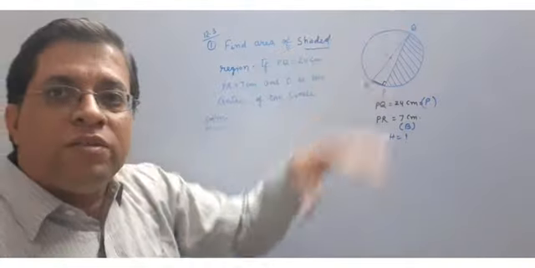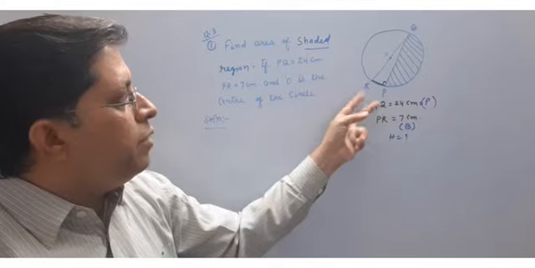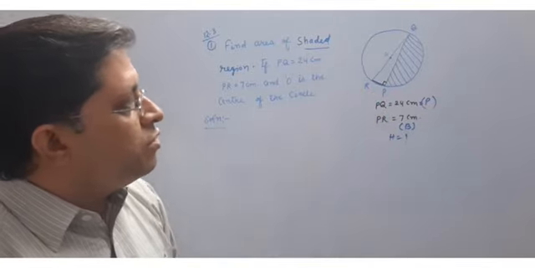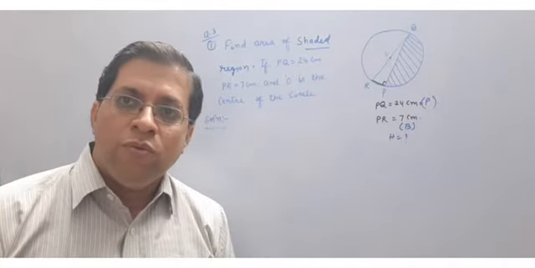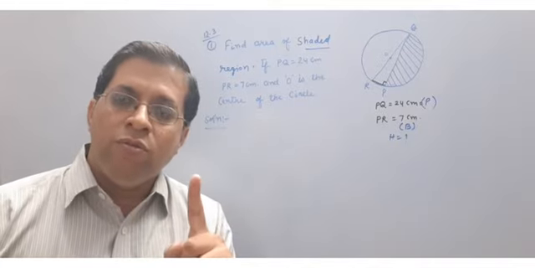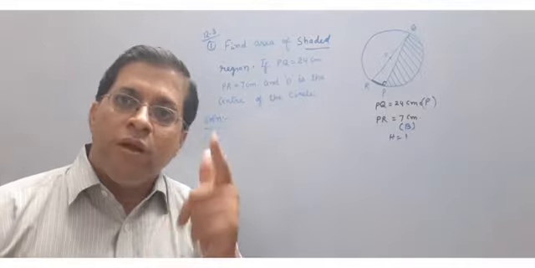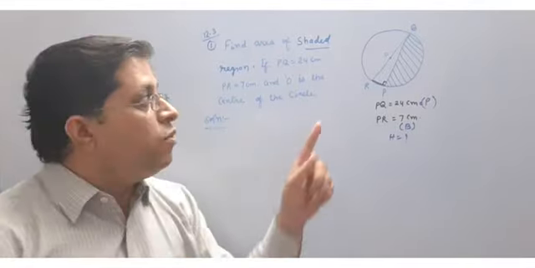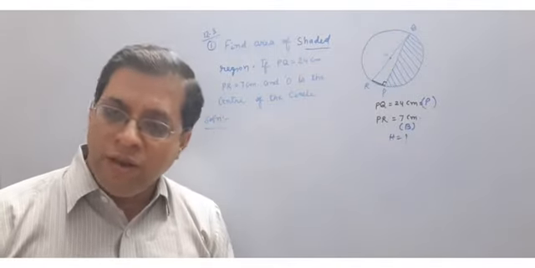Okay, QR is the chord. PQ is given to you as 24 and this base is given to you as 7. You have to find the hypotenuse. We know about the Pythagoras theorem: H square is equal to B square plus P square. This is the Pythagoras theorem. Let us put in and get the value of the hypotenuse. The hypotenuse here is the diameter. With the help of the diameter you can easily get the radius.